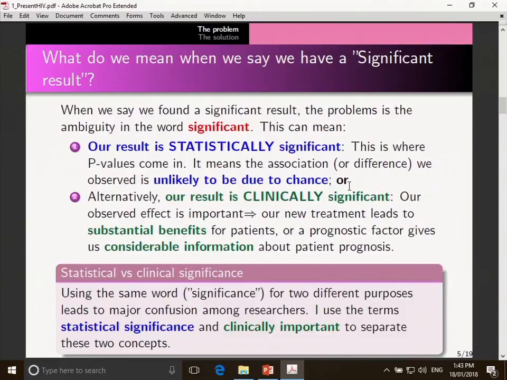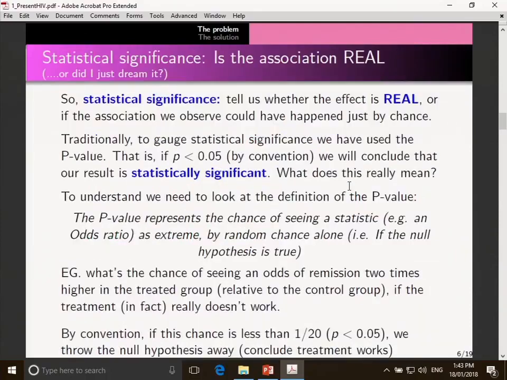The problem is we use the same word, significance, to talk about these two quite different concepts. To avoid this, I tend to use the words statistical significance and clinical importance to separate these two quite distinct concepts when I talk about these types of things. So statistical significance is about whether an association is real, or did we just dream it? Are we just imagining it? Okay, so